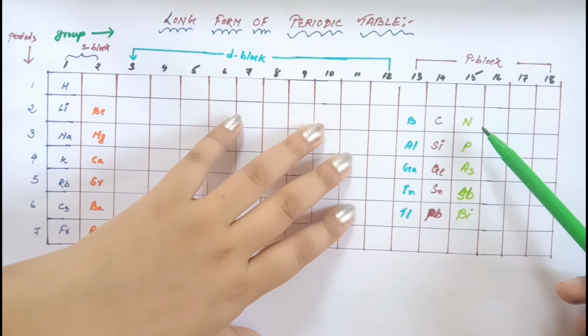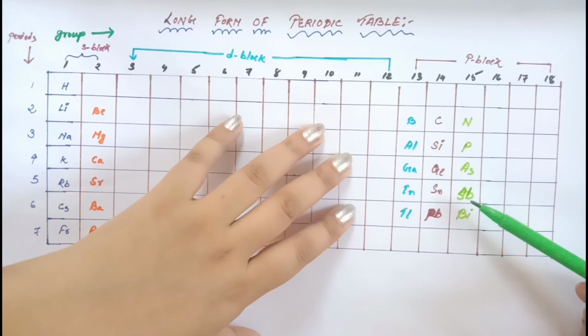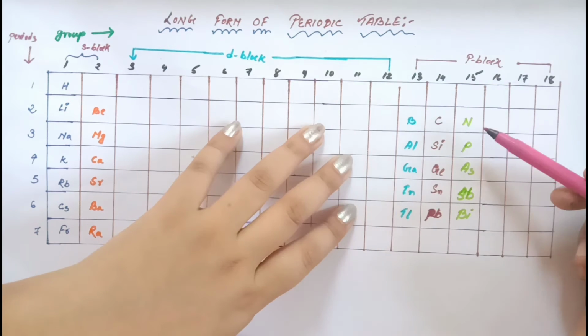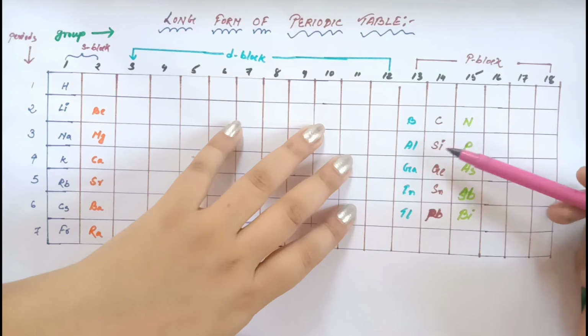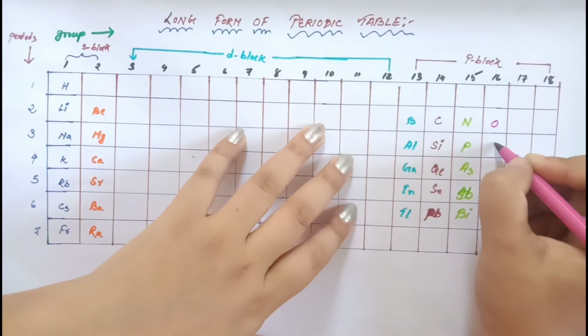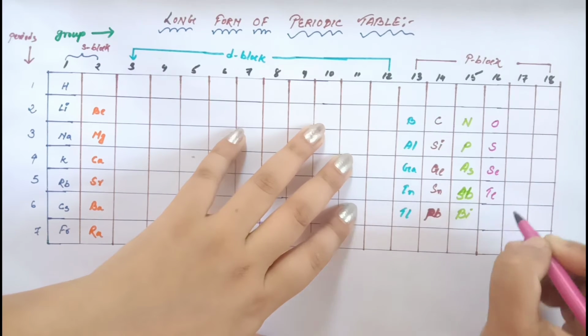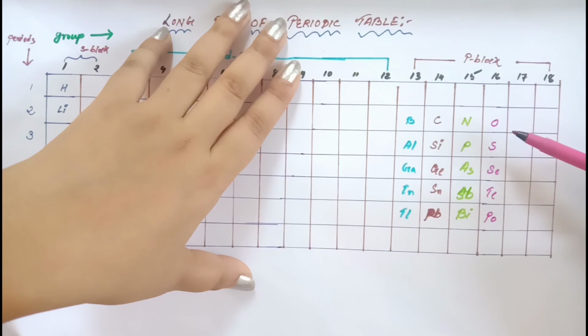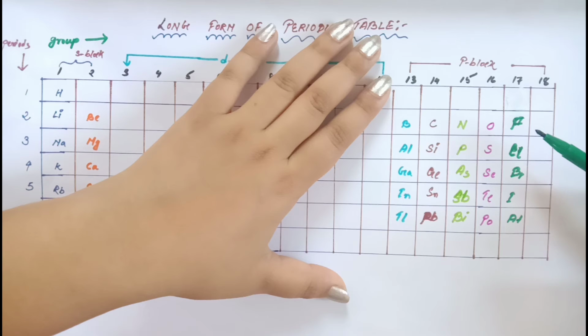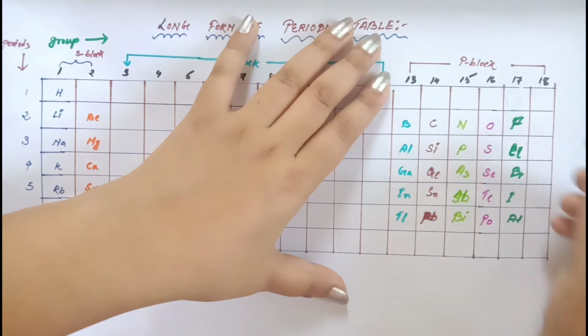Next, group 15 elements are nitrogen, phosphorus, arsenic, antimony and bismuth. That is Nana, Patekar, Asteria, Sub, Beamer. These are all known as the nitrogen family. These are the carbon family. These are the boron family. Group 16 elements contain oxygen, sulfur, selenium, tellurium and polonium. Then group 17 elements contain fluorine, chlorine, bromine, iodine and astatine.